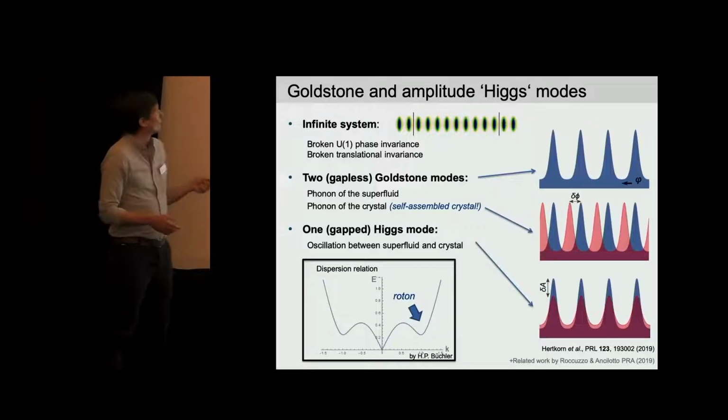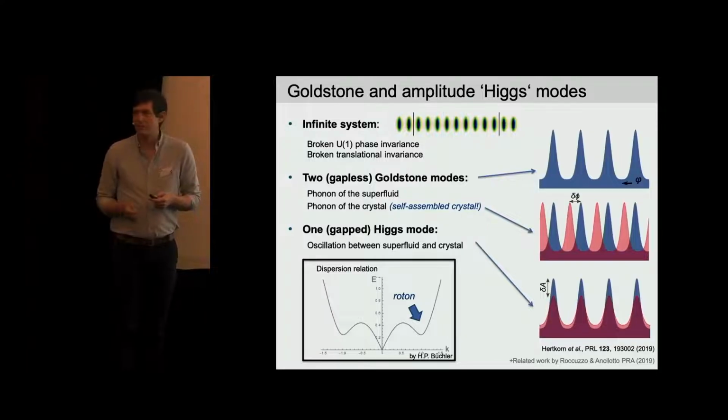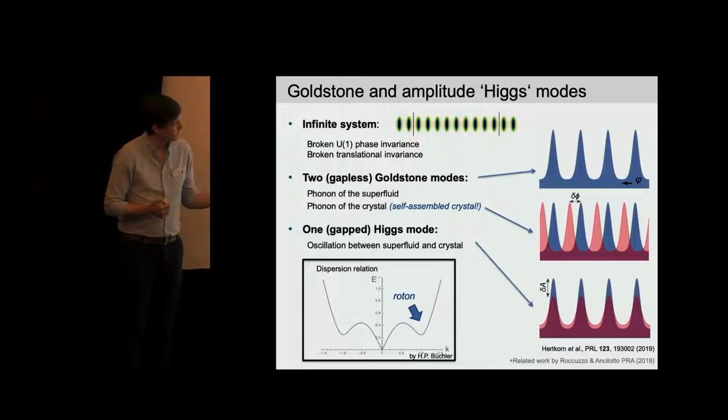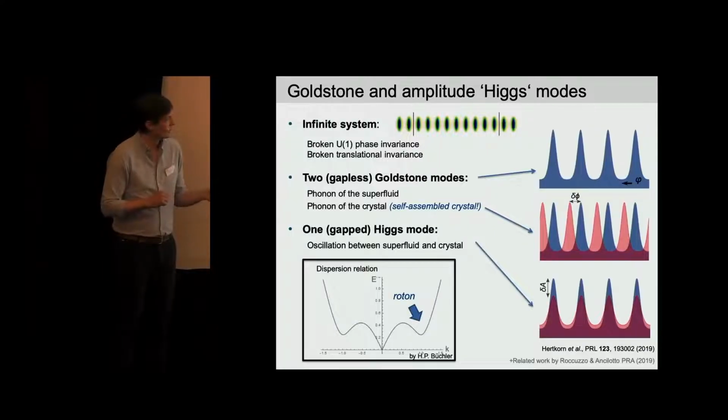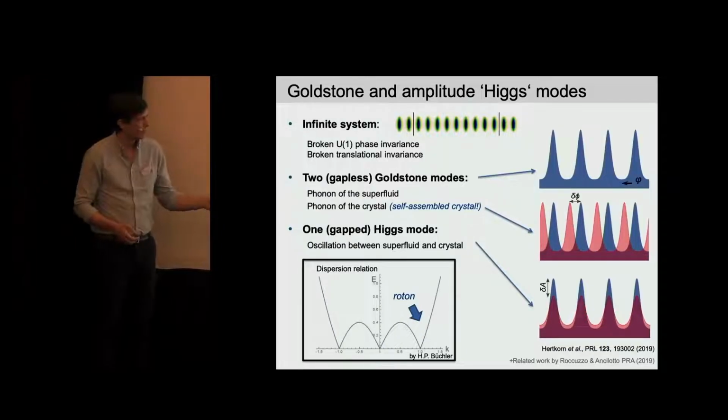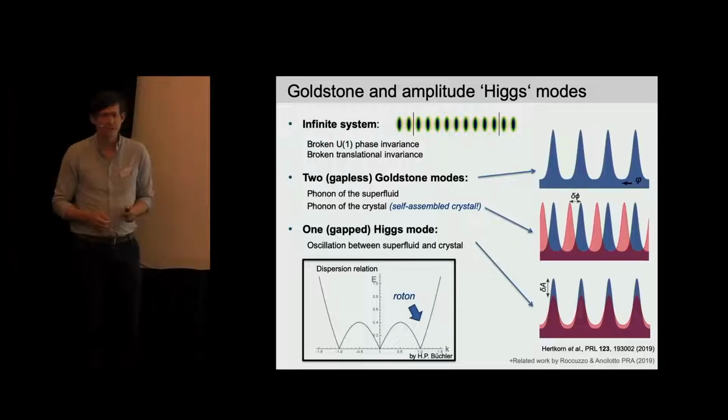And for this infinite system, you can in a fairly straightforward way calculate the dispersion relation. For dipolar gases, there's this famous thing that it bends over at a finite momentum and has this minimum. This is the so-called roton minimum of the dispersion relation. And you will see what happens now as we approach the transition. This gets softer, and so this is actually what gives you the length scale of this crystal eventually.